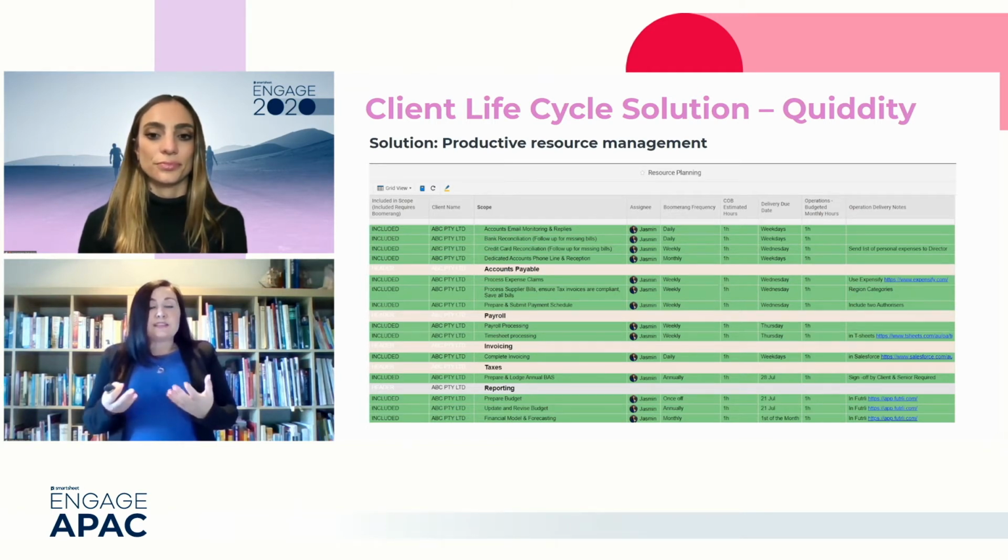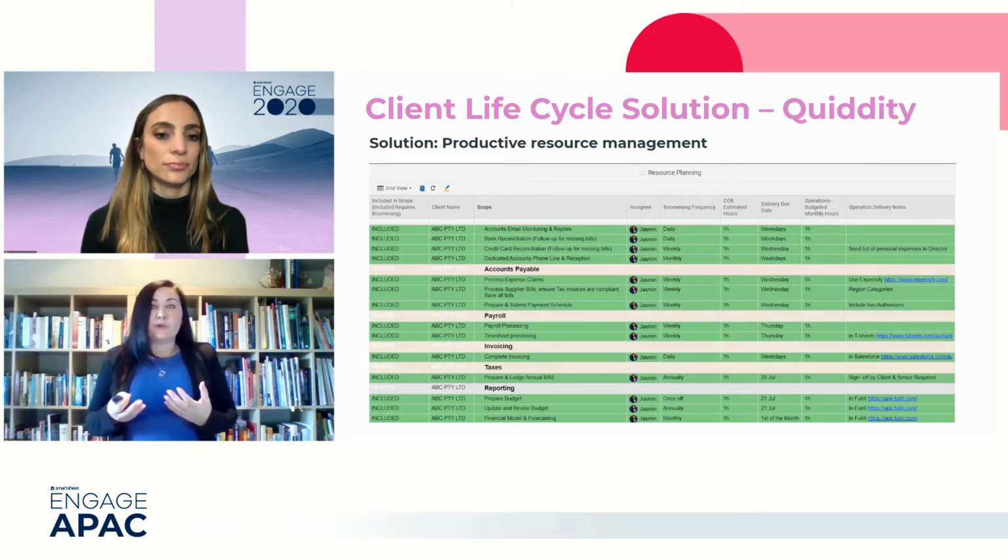Operations also provide delivery instructions with quick hyperlinks. This is shown in the last column. This is designed to solve the future problem of staff transitions, for example, when there's leave, when there are promotions, and it also supports new people in training and helps to maintain quality.